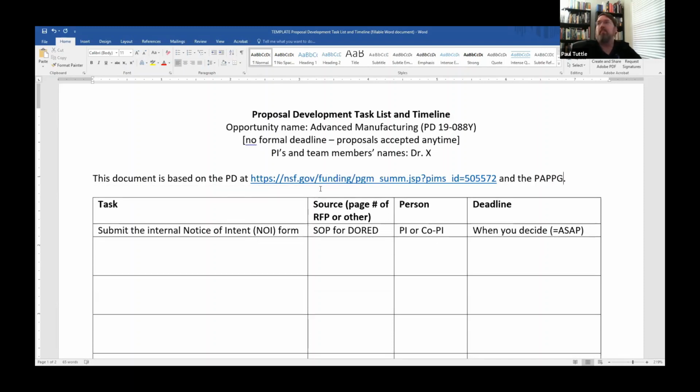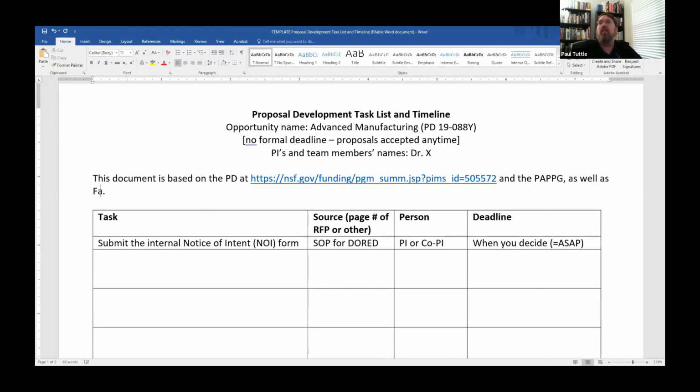And the PAPPG. I would say as well as Fastlane, because we are still using Fastlane, and we'll probably be using Fastlane until it completely switches over to research.gov,